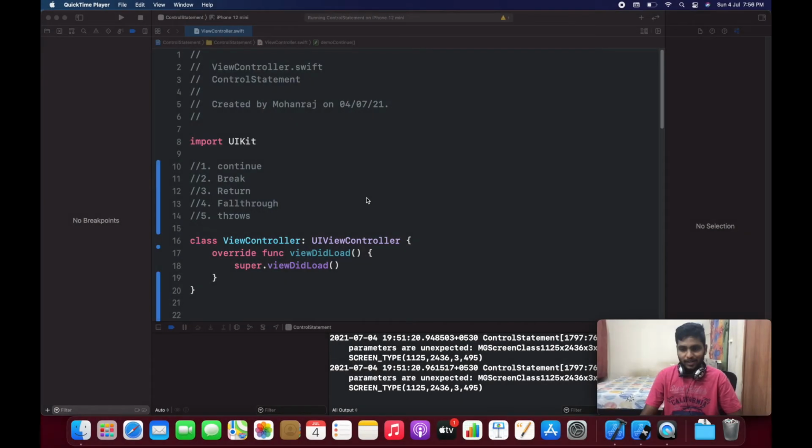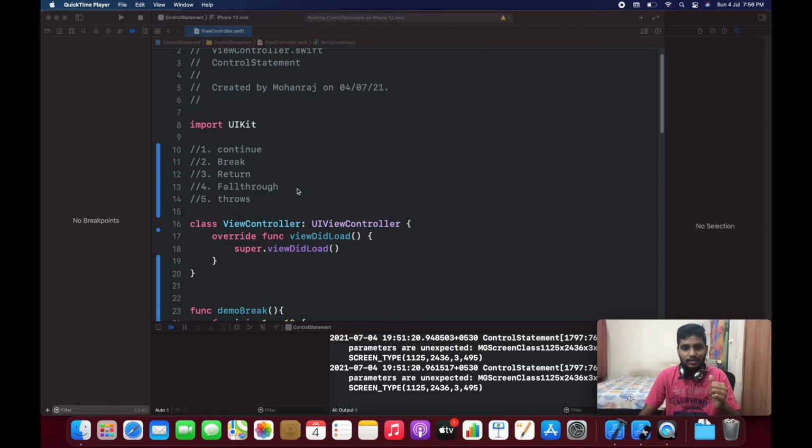In this video, we are going to learn about control flows. Control flows play a very important role in iOS development cycles. Everyone who is working with iOS development will come across these kinds of statements in our projects. Control flows are categorized into five different statements: continue, break, return,